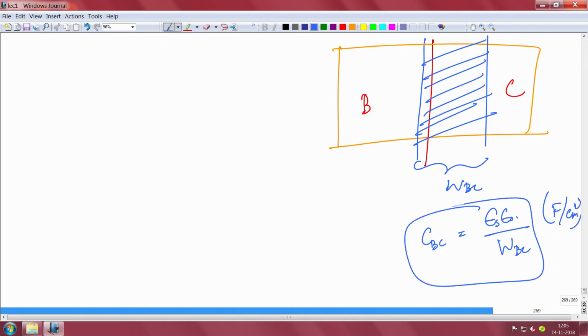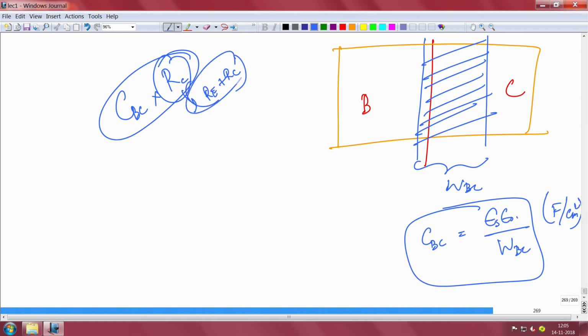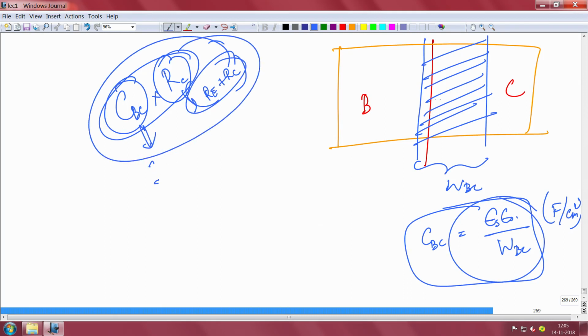So this is your base collector capacitance, and that capacitance has to be multiplied by all the parasitic resistances associated with the collector. I will call it RC. That will give you the base collector charging and discharging delay. Typically this will consist of all the parasitic resistances that you might have, RE plus RC for example. This will be given in the question. This is the base collector capacitance, which is given by this expression. So this entire term gives you the charging and discharging delay of the base collector capacitance.